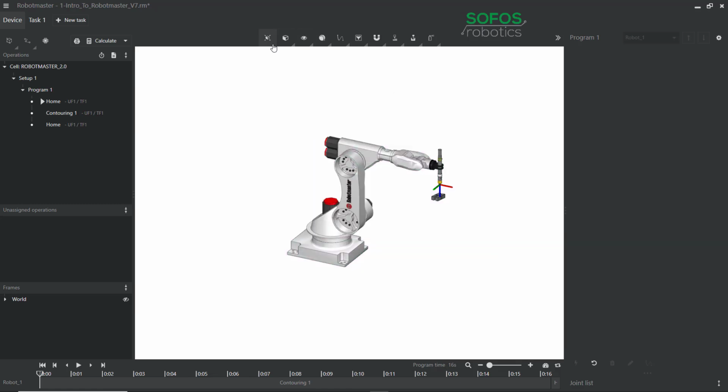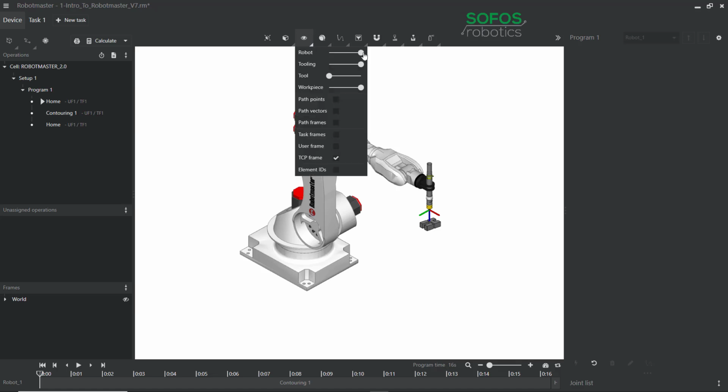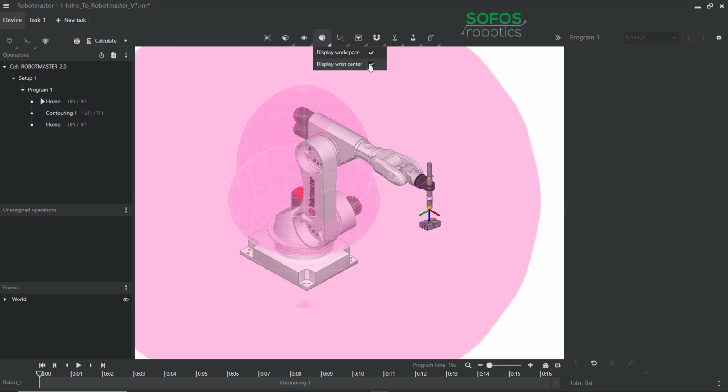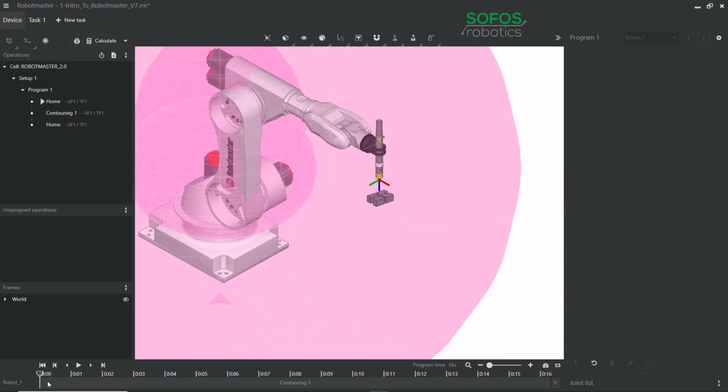First two buttons are the exact same as the task side, so I'll set my view setting to ISO. I'll fit it to my screen. We also have a display setting in the device side. So this is going to be for sliders for robots, for tools, workpieces. You can explore this menu here. We just went through the display workspace and display wrist center. So this wrist center, if I were to play through,